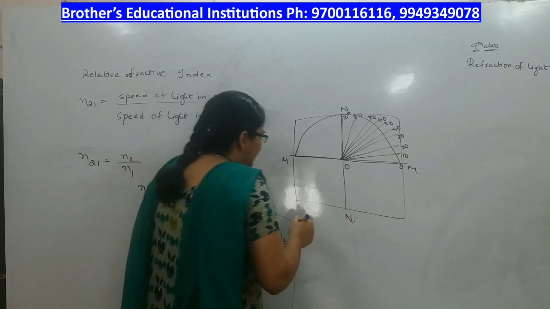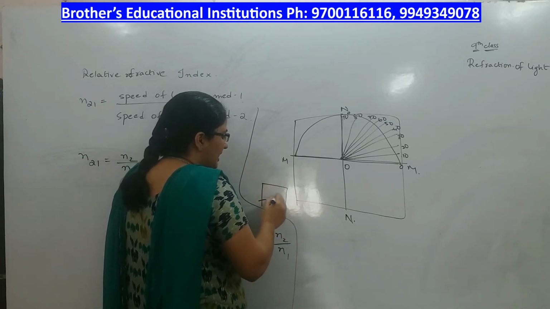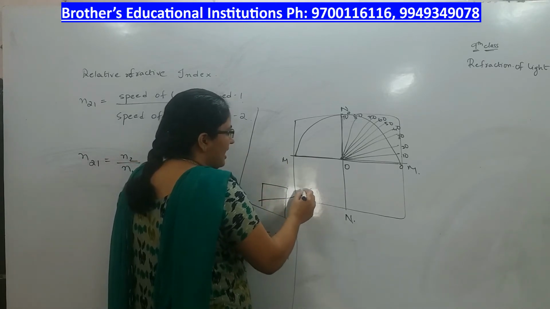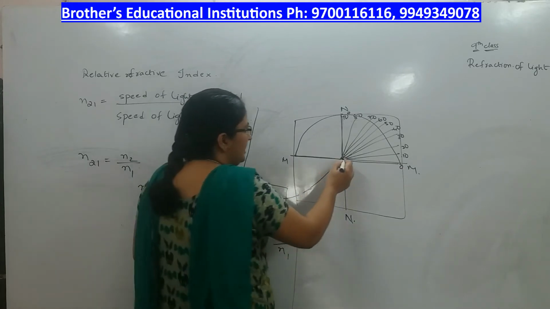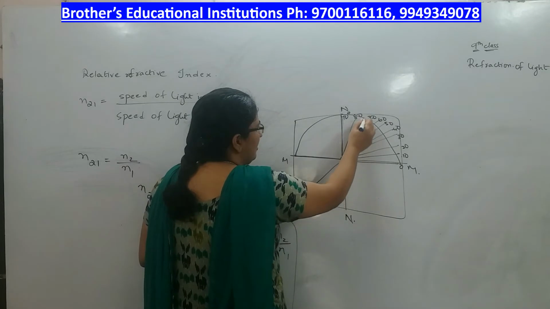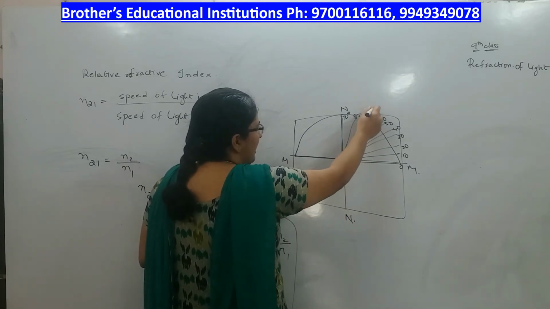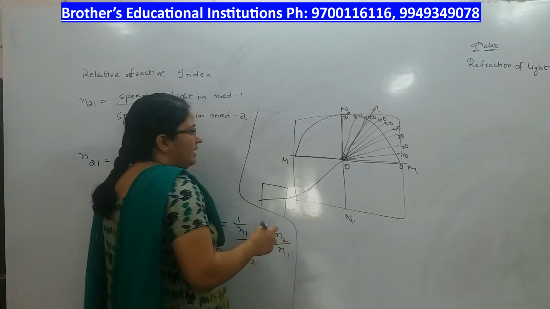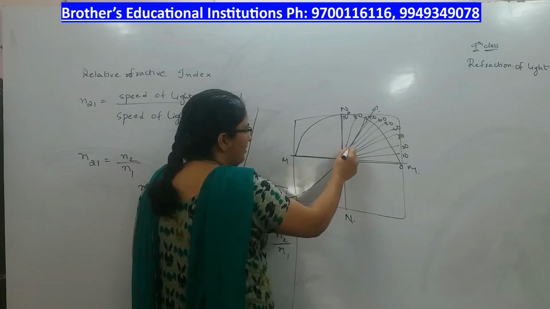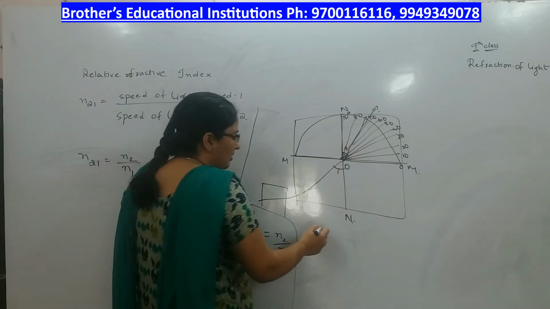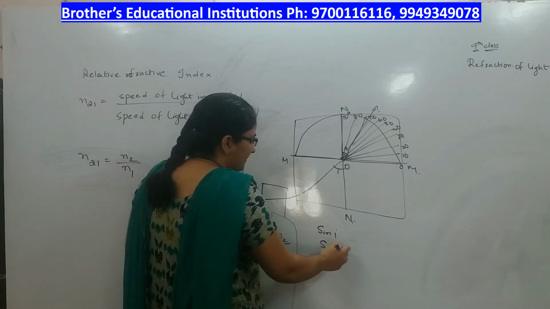Now using laser light, send light through one of the plank by making angle 10 degrees. You will see that it will bend and go like this somewhere. It will not go straight, but it will bend and travel. So this will give you angle of incidence and this will give you angle of refraction. Note down, try to find out sin I and sin R.